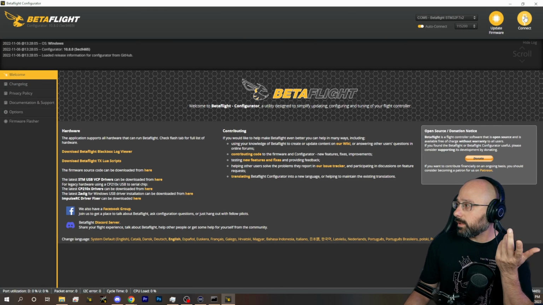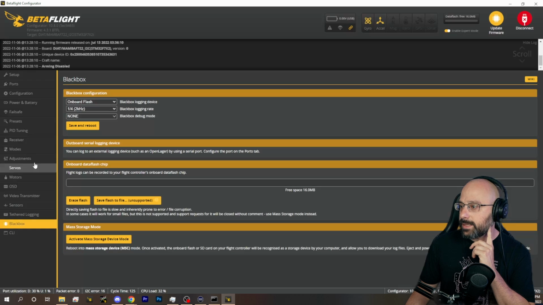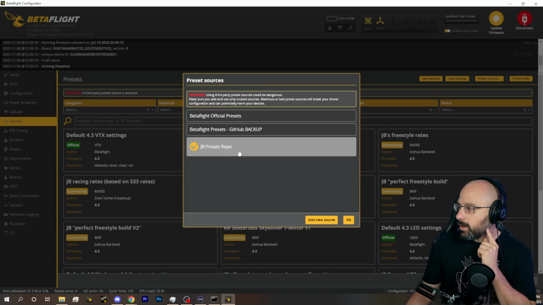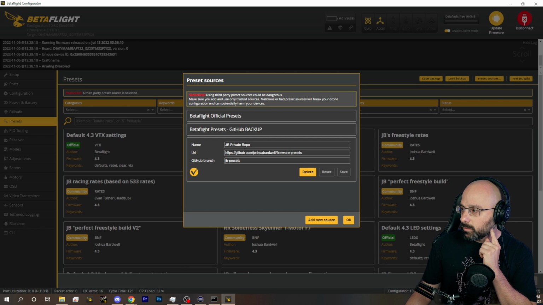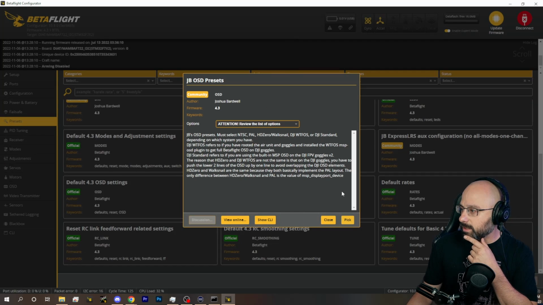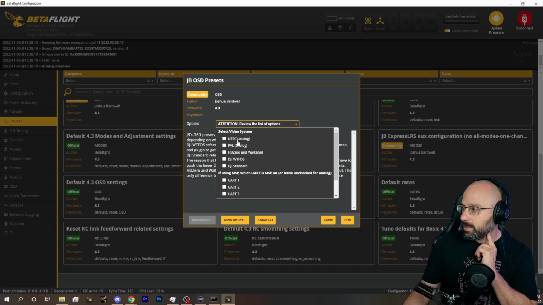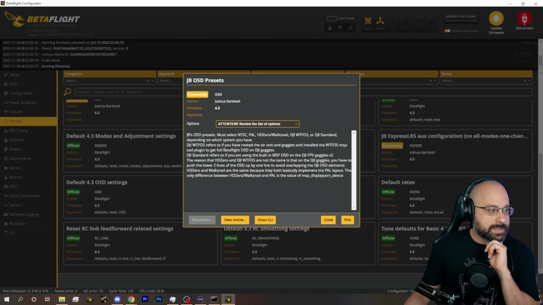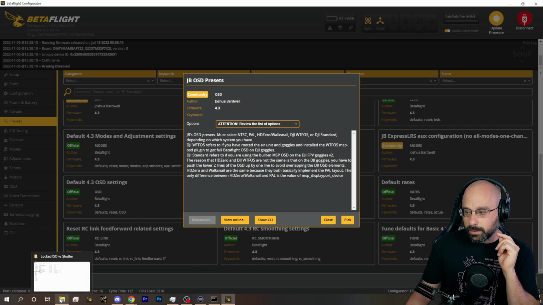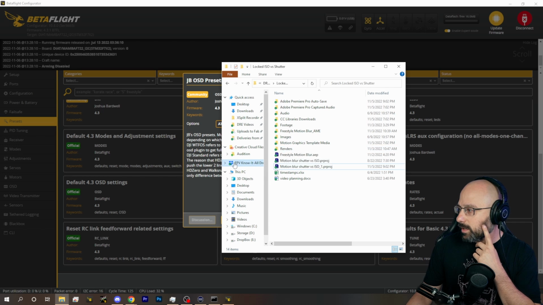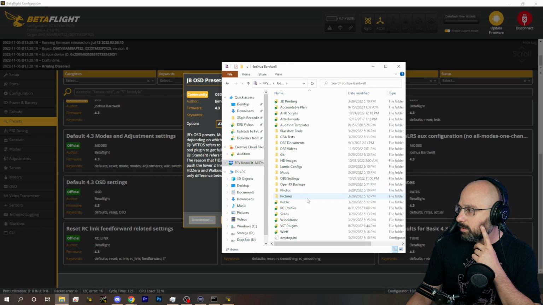What I do is I set up a preset. I have my own custom GitHub repo for Betaflight presets, okay? And I have an OSD preset that I made where I can just quickly set it up exactly how I want it. Now, a lot of people will not enjoy doing this because